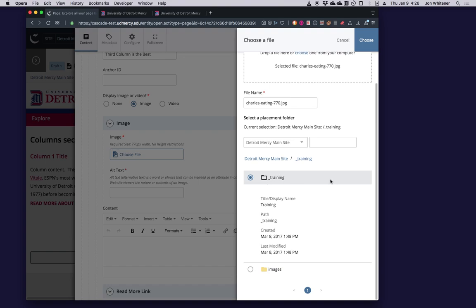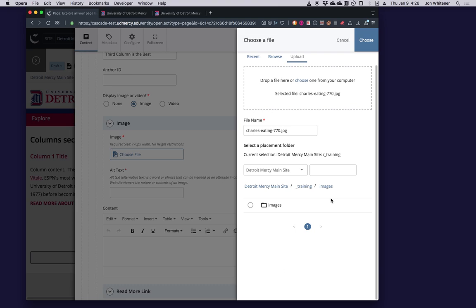Excuse me, I need to click the actual folder, and within the training folder, it's showing me only folders right now because I'm selecting a placement folder. There's an images folder. Typically, in most places, there is an images folder to keep images away from where all the pages are, just to keep things tidy. All right, so I'm uploading it. I've specified the image, I've specified the placement folder, and now I click choose.